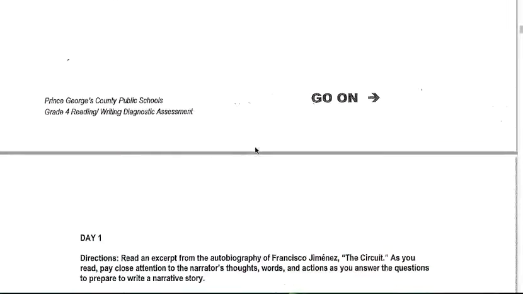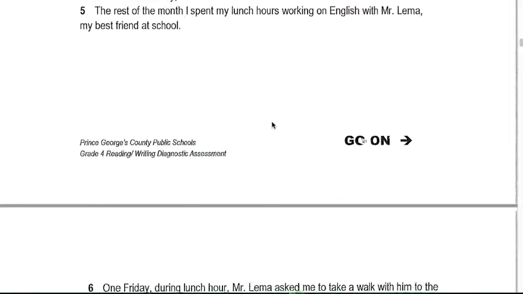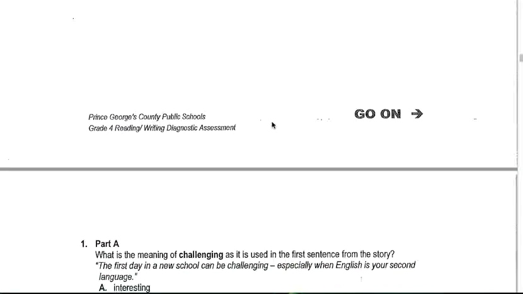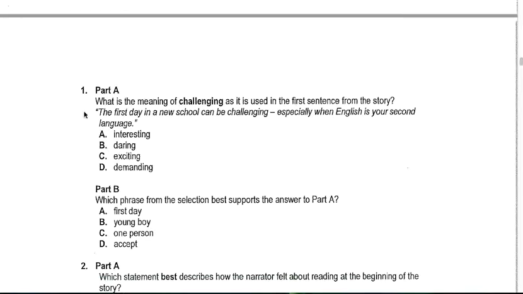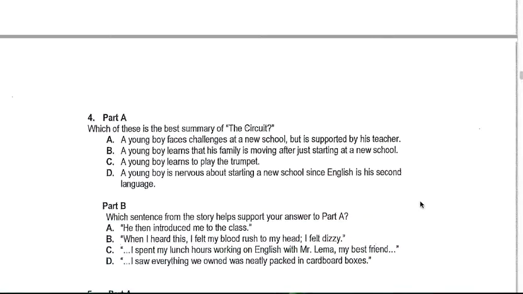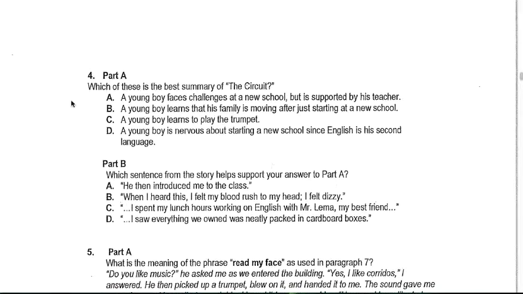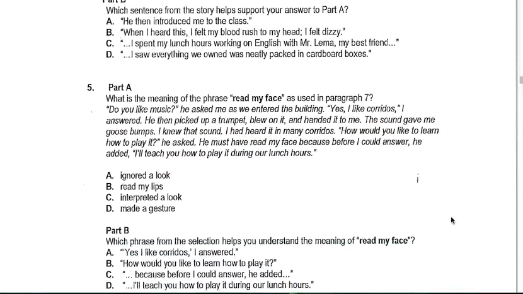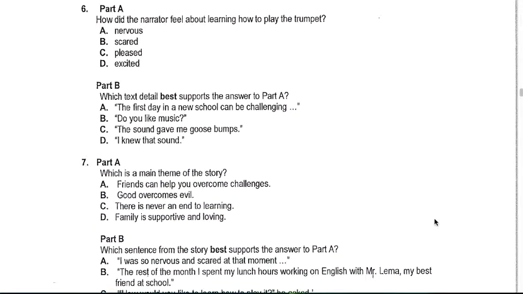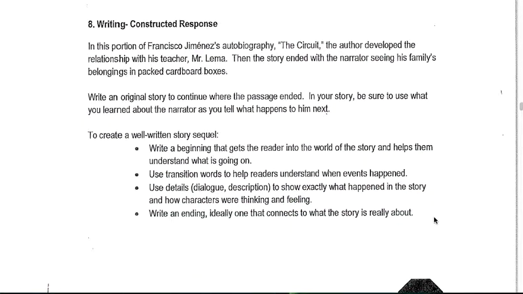So flip your pages over, take your time. We read the circuit. Continue to flip. And I can help you with this. We've done part 1 of part A, and we completed these pages. So continue to flip. You should see page 4 at the top. I'm sorry, question 4 at the top. So we continue to flip. Scroll down. Question 6, we've done that one. And then you had your constructive response, which we will work on.